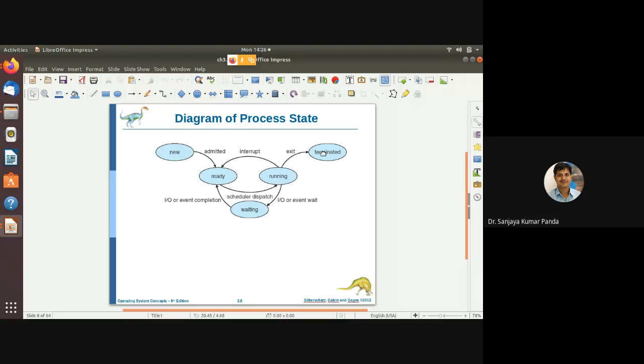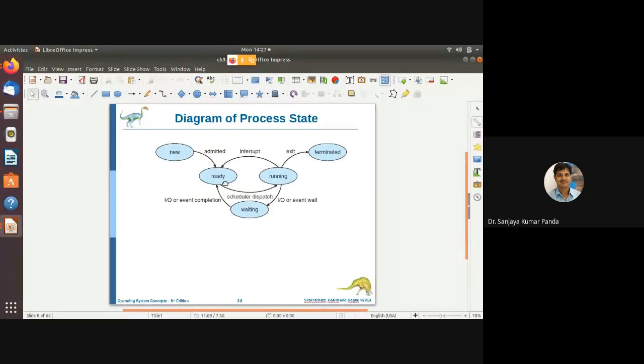This diagram is called the process state diagram. We use this five-step diagram from the creation of a process to the termination of a process. In between, an interrupt may happen. Interrupt means, suppose you are reading something, and one of your friends comes and says we will go outside. What will you do? You are reading a particular book, so you will bookmark it. Suppose you are studying page number 72, paragraph number 2, then you will go with that friend.